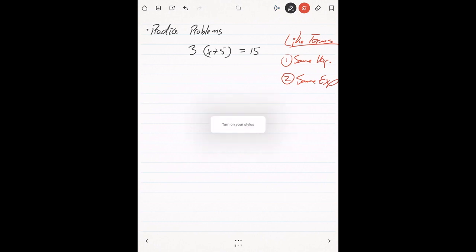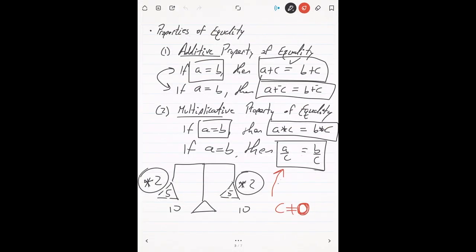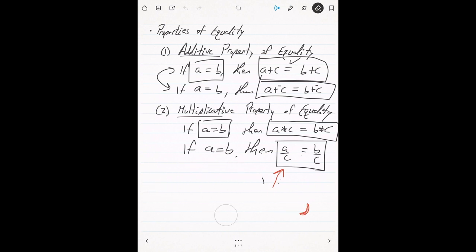We need to try to get x by itself. So what I want to do is go over the distributive property. Let me jump a couple pages back here. We have these properties of equality, the additive and the multiplicative property. Let's go ahead and let's talk about the